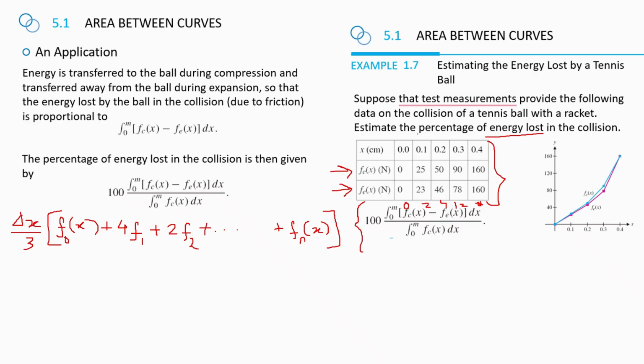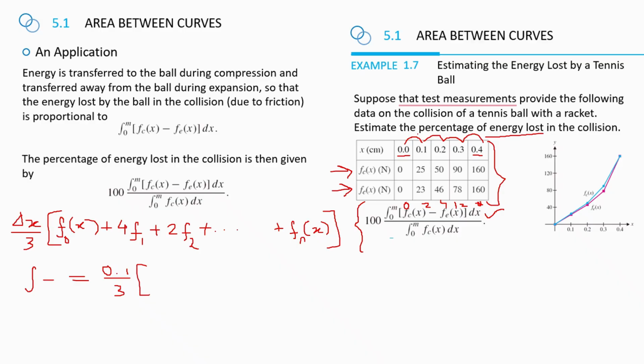So let us first try only the integral 0 to m of fc(x) minus fe(x) dx. So when you handle the subtraction here, your delta x is nothing but 0.1 because the change is happening by 0.1, or b minus a by n. b is 0.4, a is 0.0, divided by 4 intervals, which results in 0.1. So 0.1 divided by 3